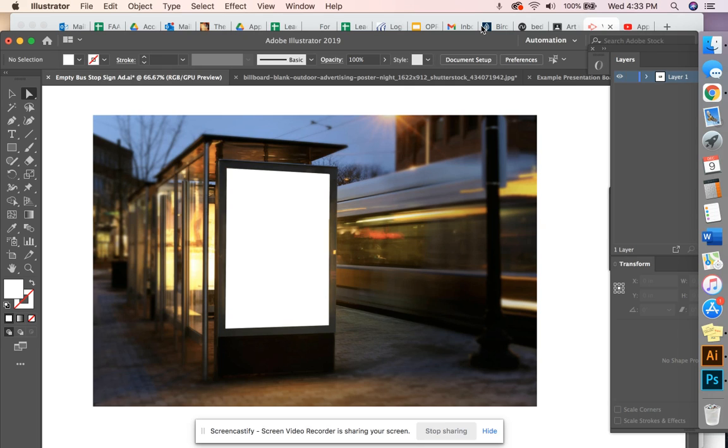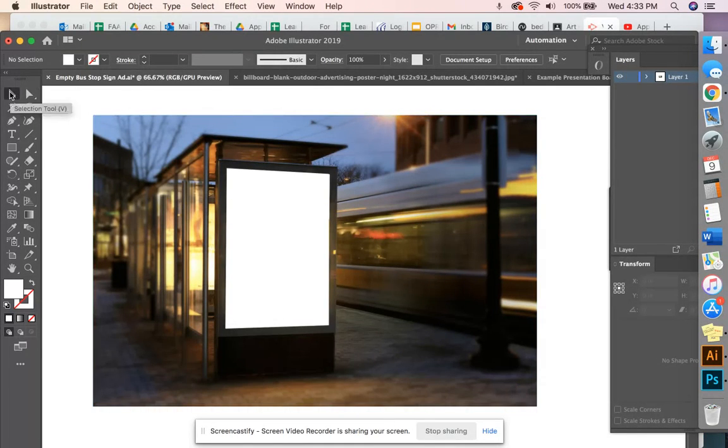Hello everyone, I am going to now show you how to work from your blank bus stop or train stop in Illustrator, so that it's just a slightly different concept than going in Photoshop. So what you see here is already a pre-blank form. Notice it is not a perfect rectangle, so in order to put a color in here, you can't just click,